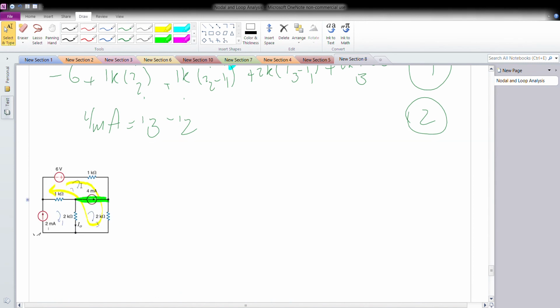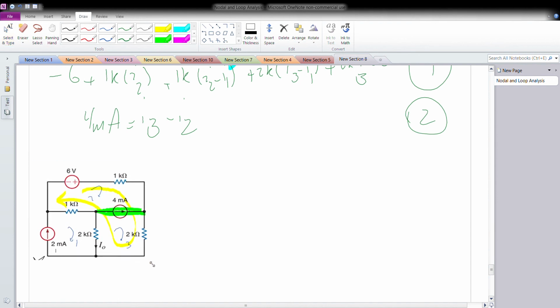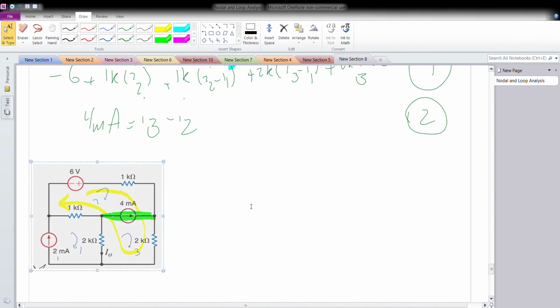Okay, so for this loop current that I just defined,